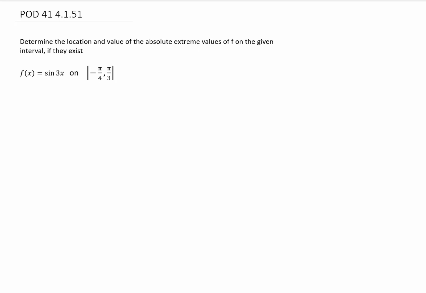We're going to find the location and the value of the absolute extreme values of this given function on this interval. So maybe we should just think for a minute about what we might expect from this problem. We know what a sine function looks like. We know that a sine function oscillates. Its maximum value is 1, its minimum value is -1, and a sine of 3x just oscillates at triple the